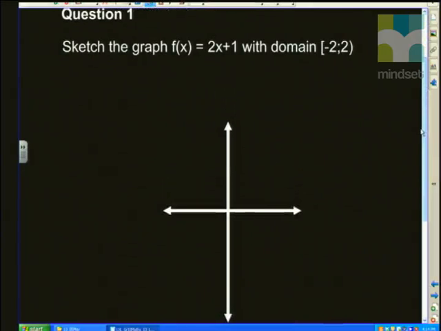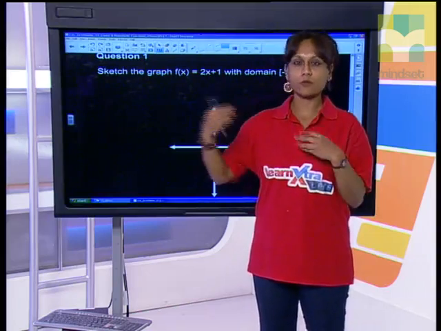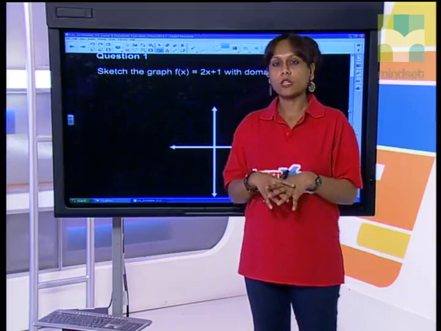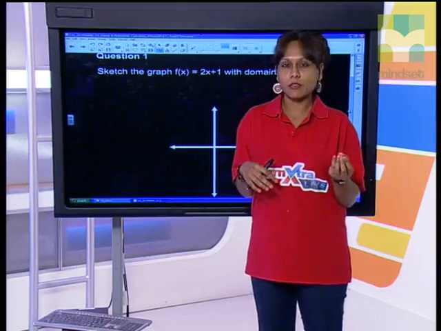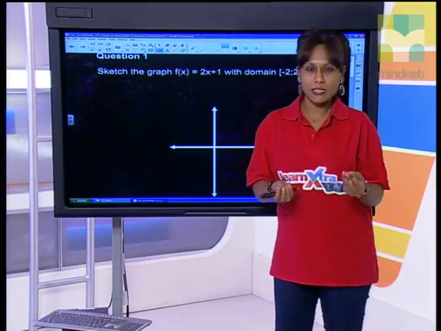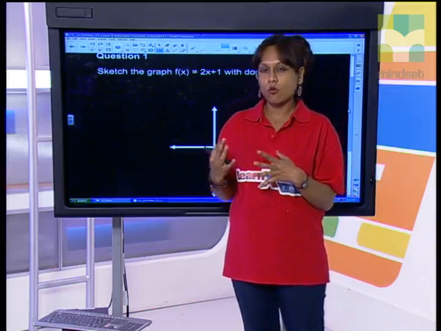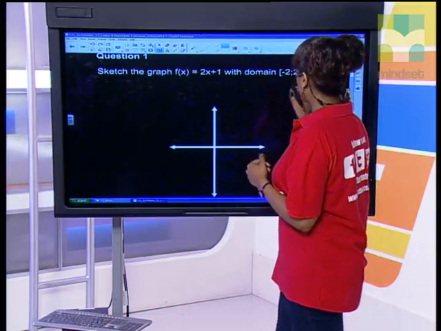2. Now guys, remember when you're sketching graphs, there are a few different ways you can do it. The one way is you can plot points on a table, or you can use the gradient intercept method, but the one that we prefer, that's used more often to sketch straight lines, is the dual intercept method. So that's the method I'm going to use to draw this graph, but just bearing in mind that our domain